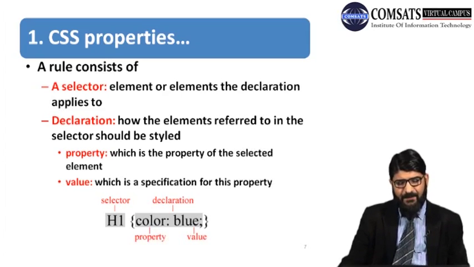सो हियर यू कैन सी एन एग्जांपल h1. h1 is a web form element and it is basically a selector according to a rule, and then a property, और बेसिकली कौन सी प्रॉपर्टी है? कलर प्रॉपर्टी है. एंड कलर की देन वैल्यू कॉलन के साथ कौन सी वैल्यू दी गई? ब्लू. और ये जो आपकी कलर की प्रॉपर्टी एंड वैल्यू है इसको हम डिक्लेरेशन कहते हैं. सो सिलेक्टर एंड डिक्लेरेशन इज कंबाइनली डिफाइनिंग अ रूल.